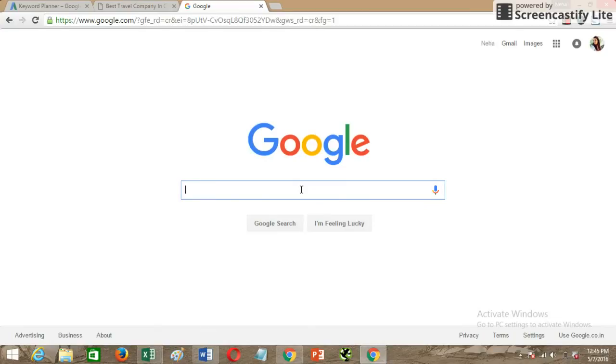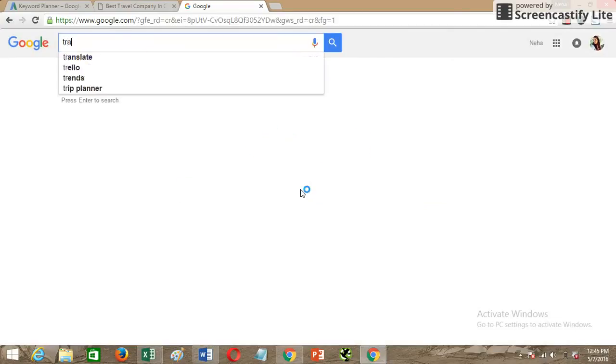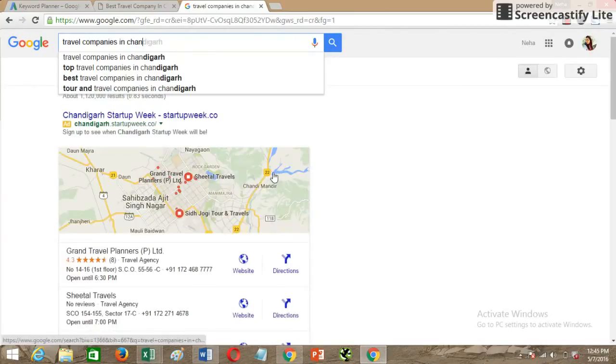I'll type something related to my industry: travel companies in Chandigarh. As you can see, there are some auto suggestions that Google is already giving me. I'm going to take these keywords as well and find out if they are good enough or not.